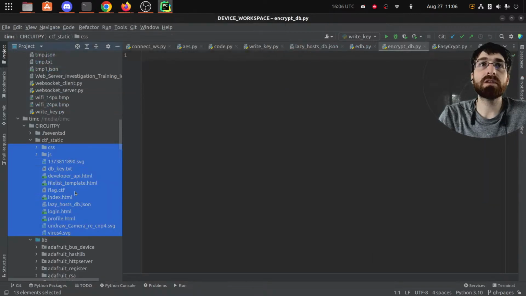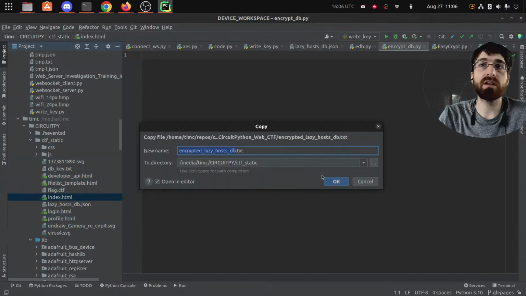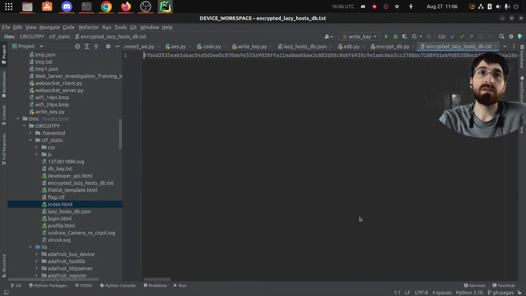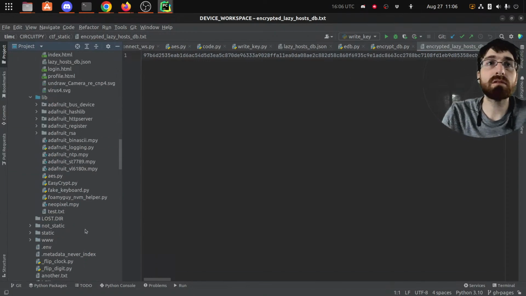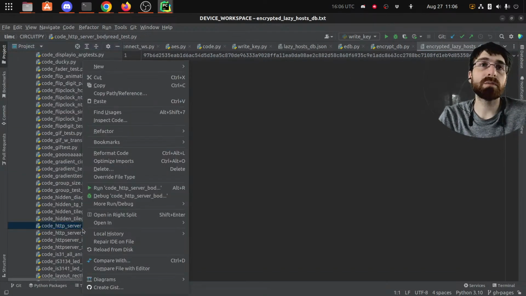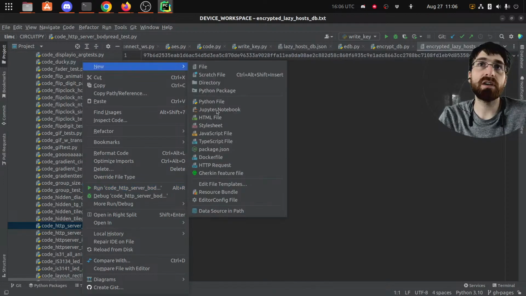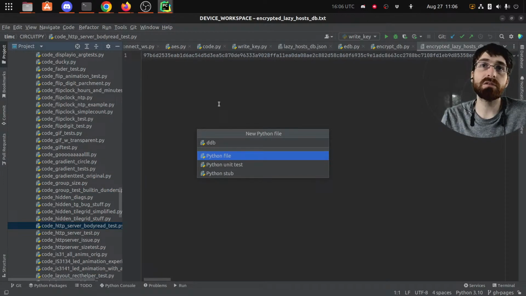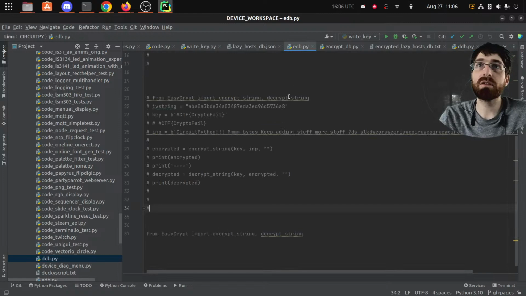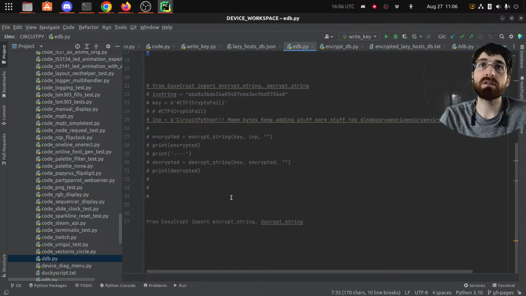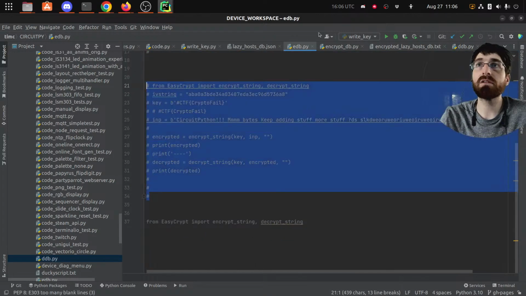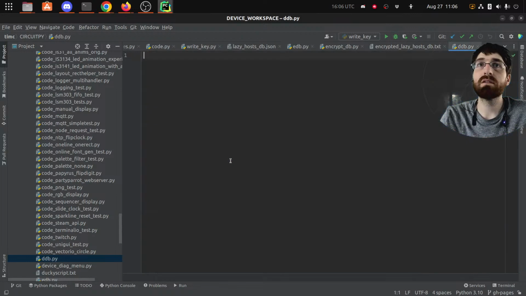So if we take that and we put it in static, and we decrypt it on CircuitPython. So I'm actually going to make new file edb instead of edb. And I'm going to take a second. Already had